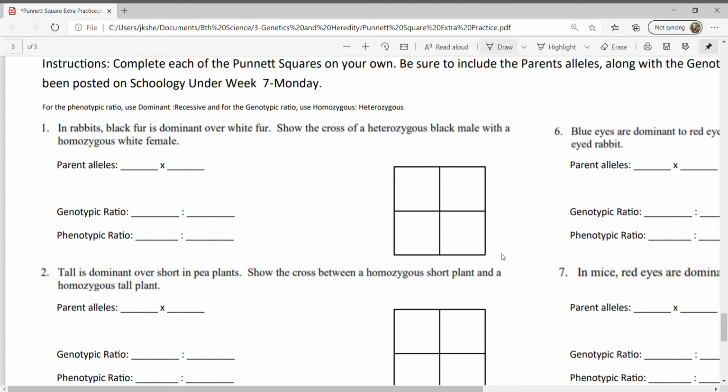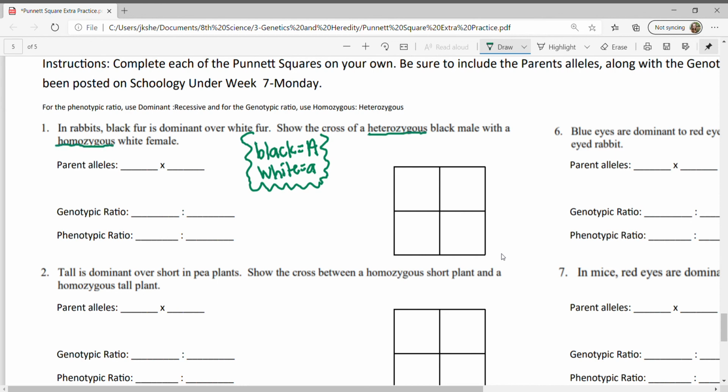So just to make sure that you are on the right track, it says in rabbits, black fur is dominant over white fur. So just to get you started, it might actually be helpful for you to make a key. So we have black equals dominant and white is recessive. So you can make your own little key right here, and that'll help you keep all your information straight as you work this problem. It wants us to show a cross of a heterozygous black male with a homozygous white